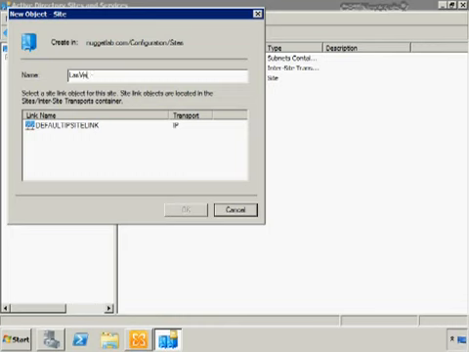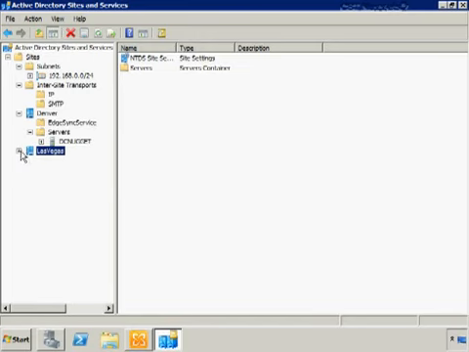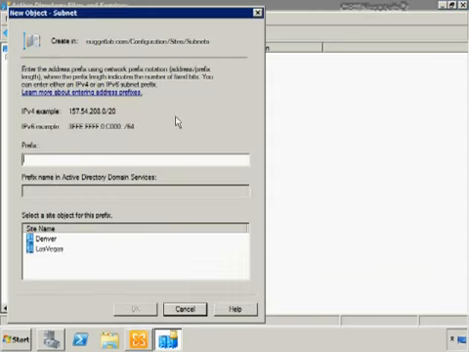Let's go ahead and create that Las Vegas site here, and we will connect that site via the default IP site link with transport IP. Now down here we have this Las Vegas site. We currently have no servers in it, but we could potentially put a domain controller in that site a little later on. The other thing that we might want to do actually is create a subnet for that site. We'll call it 192.168.1.0/24. So instead of being the 0.0 subnet, this is going to be the 1.0 subnet that's associated with the